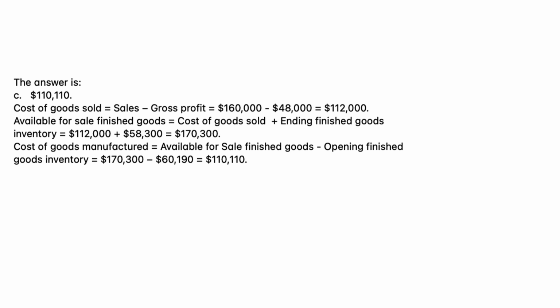$110,110. Cost of goods sold equals sales minus gross profit, which equals $160,000 minus $48,000, equals $112,000. Available for sale finished goods equals cost of goods sold plus ending finished goods inventory, which equals $112,000 plus $58,300, equals $170,300. Cost of goods manufactured equals available for sale finished goods minus opening finished goods inventory, which equals $170,300 minus $60,190, equals